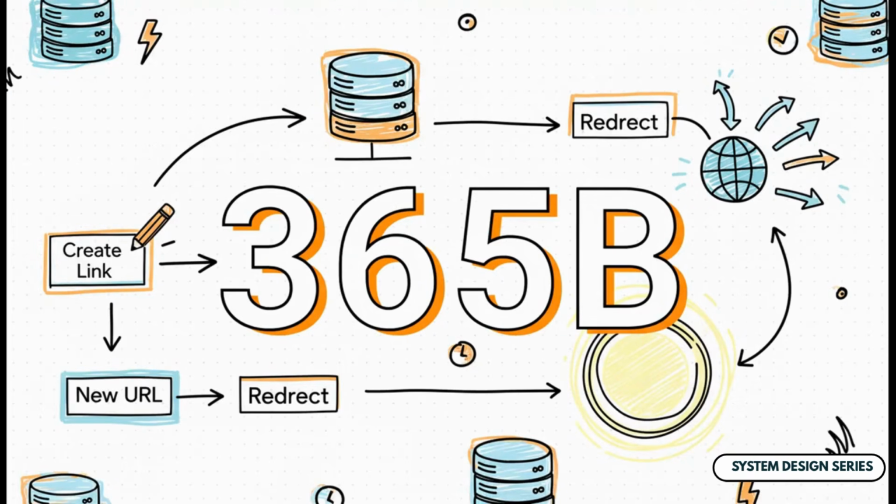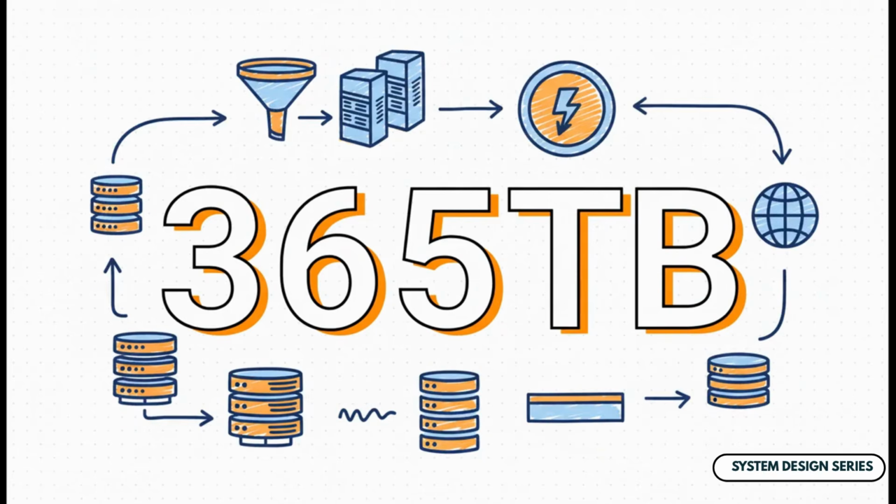All right, let's talk scale. You have to plan for this stuff. Let's imagine we need this thing to last for 10 years. A decent estimate, we're probably looking at needing to store something like 365 billion records. That's a lot of links. And all those records need a home, right? That's going to take up about 365 terabytes of storage, and a number that big changes everything. It forces us to be really, really smart about how we design the system,